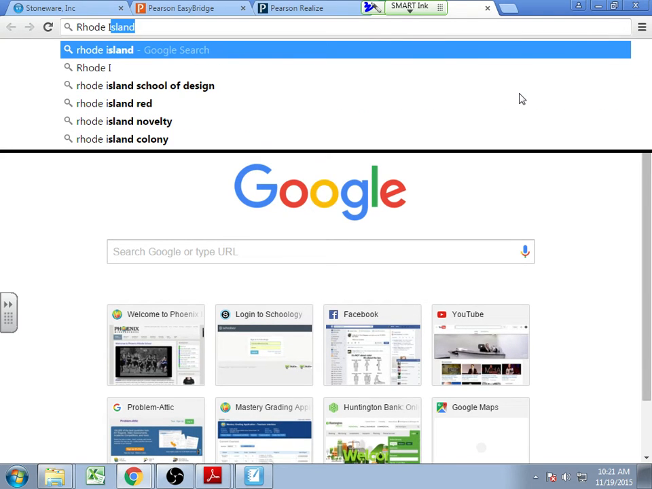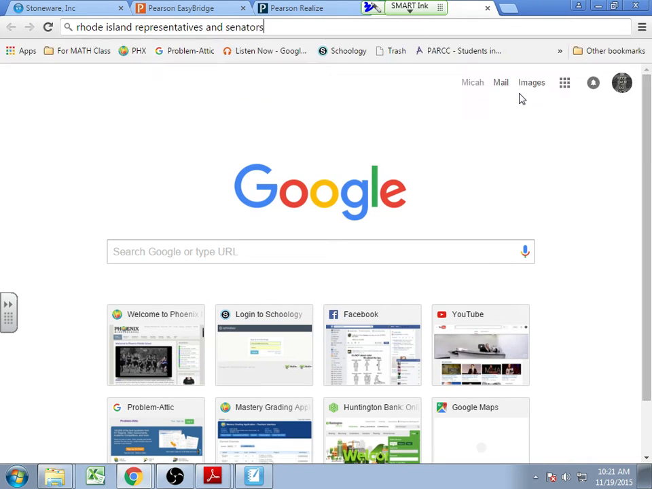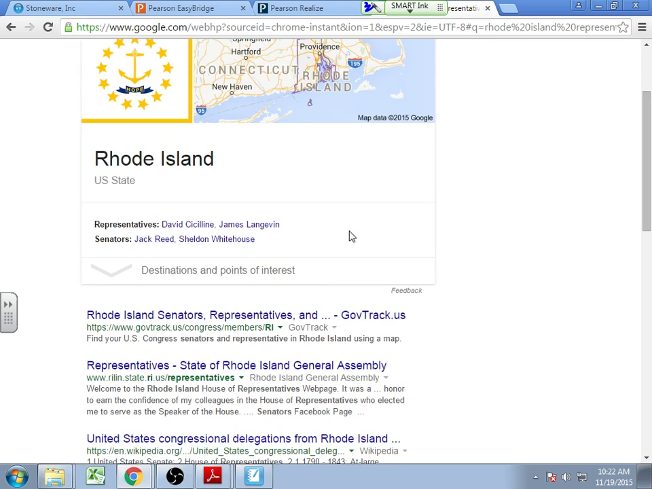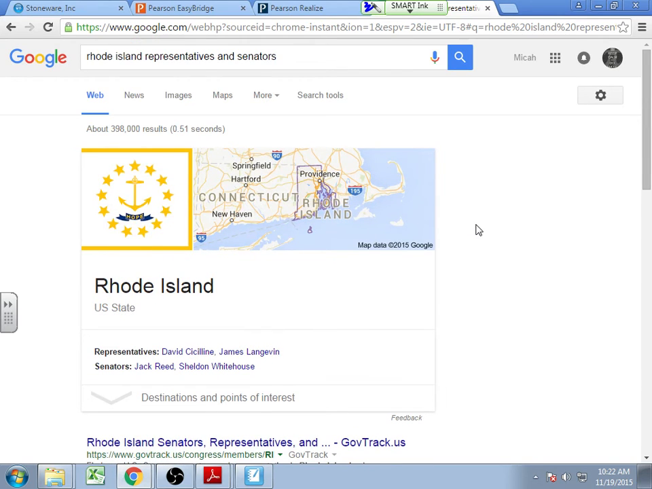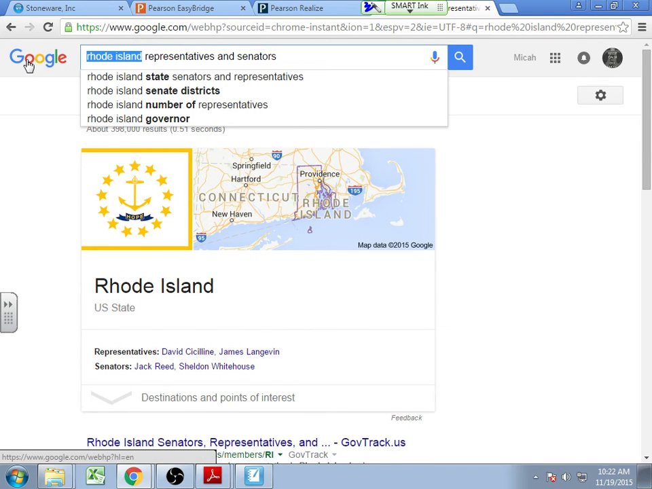Rhode Island representatives and senators. Rhode Island has 2 representatives. That's it, because their population is so small. Now, if we look at Ohio,